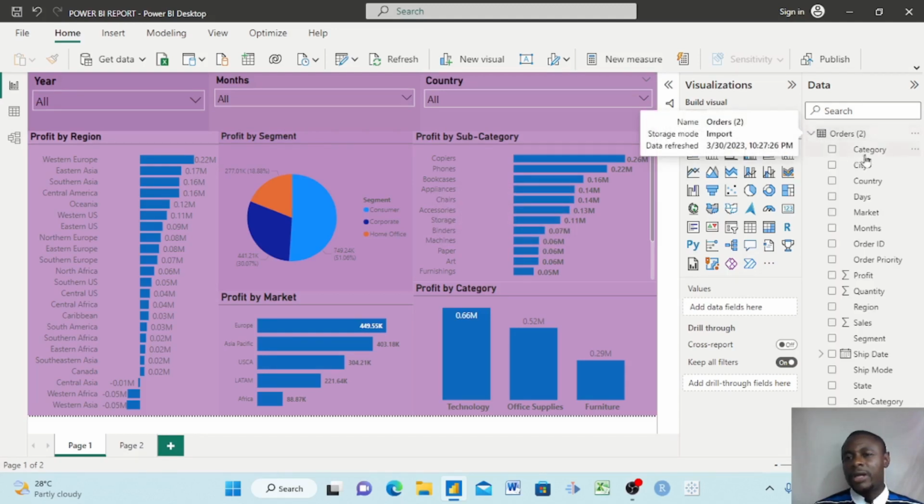So here you find a company, category, city, country, days, markets, month, and all these different indicators you see here also have profits, quantity sold, region, the sales that they make, segments, ship dates, ship mode, state, subcategory, and here. So from here we're able to create a small dashboard, just a basic dashboard for you here, and this dashboard